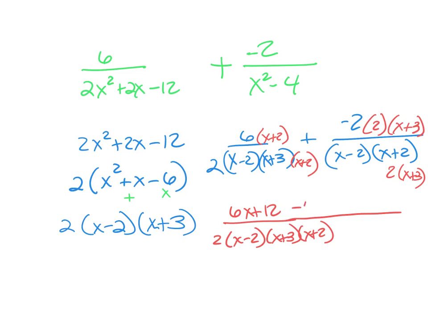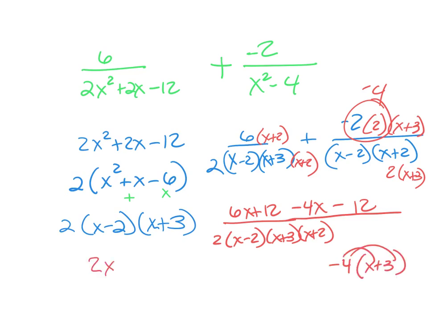And this is going to be minus 4x minus 4 times 3, 12. This turns into a 4. A negative 4, and it's minus 4x minus 12. 6x minus 4x is 2x, and 12 minus 12 is 0. So it's 2x